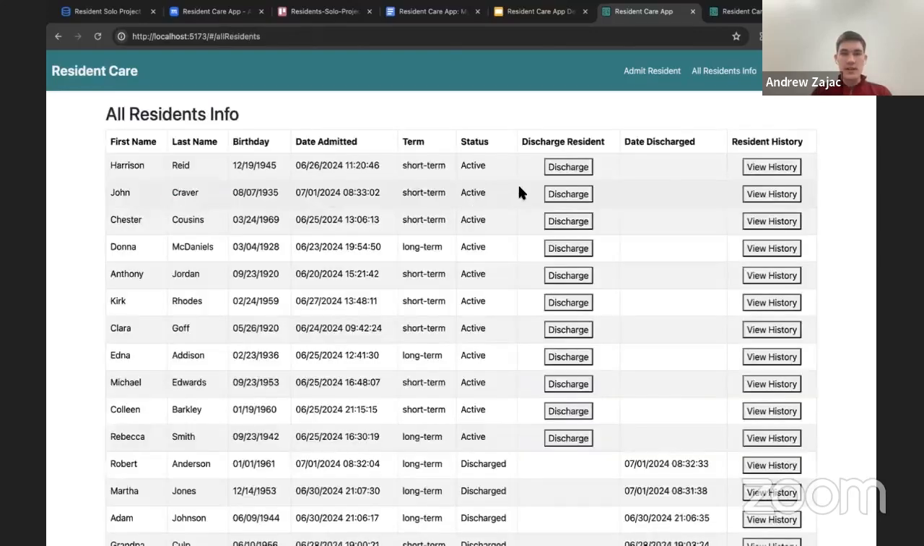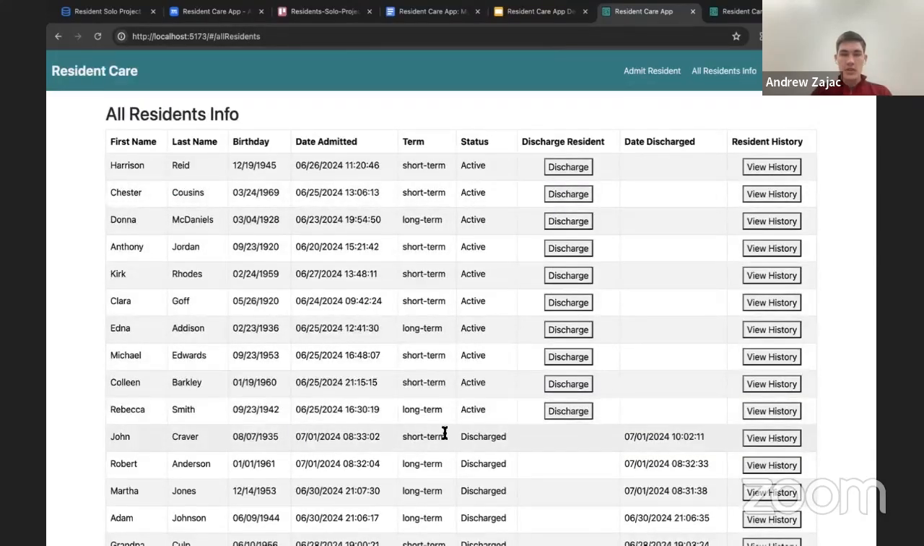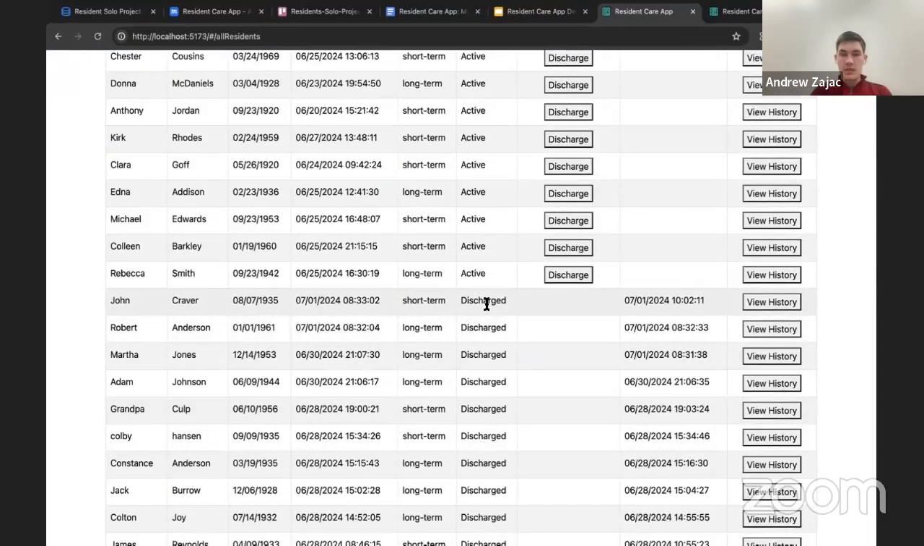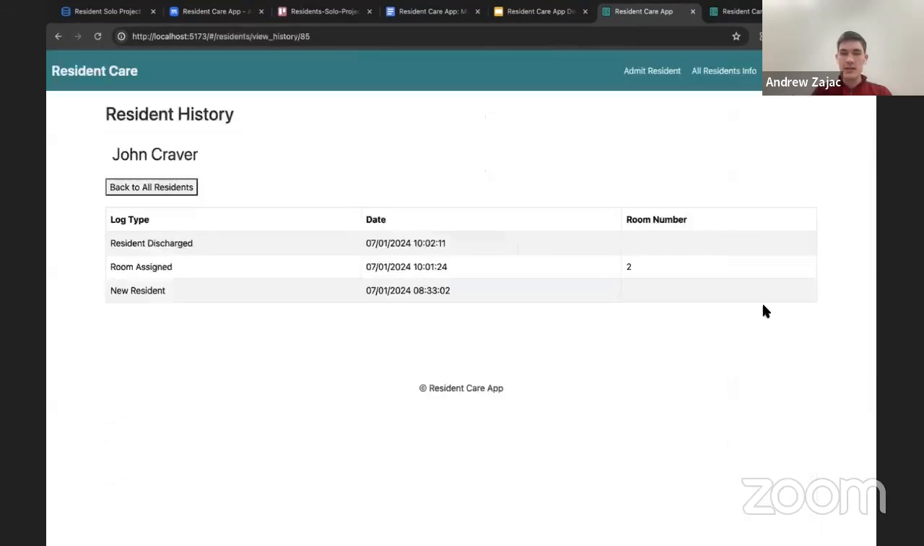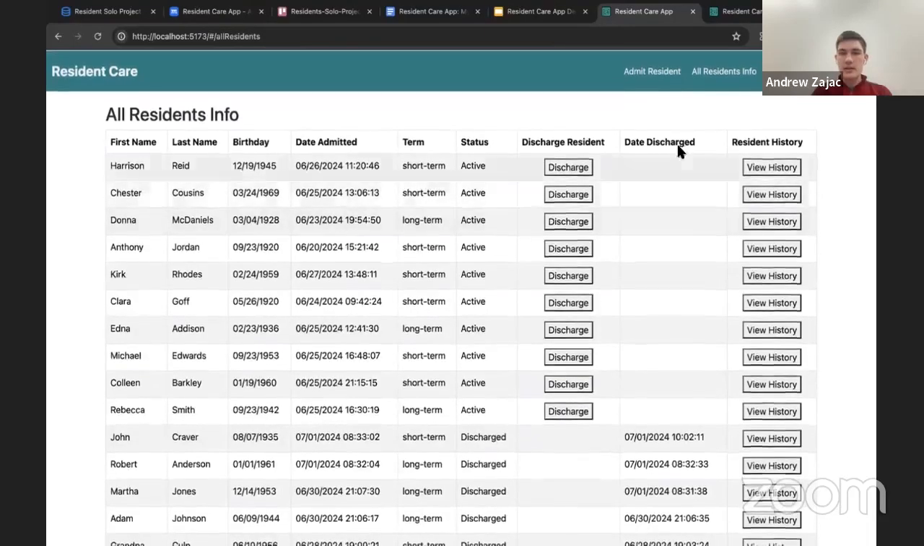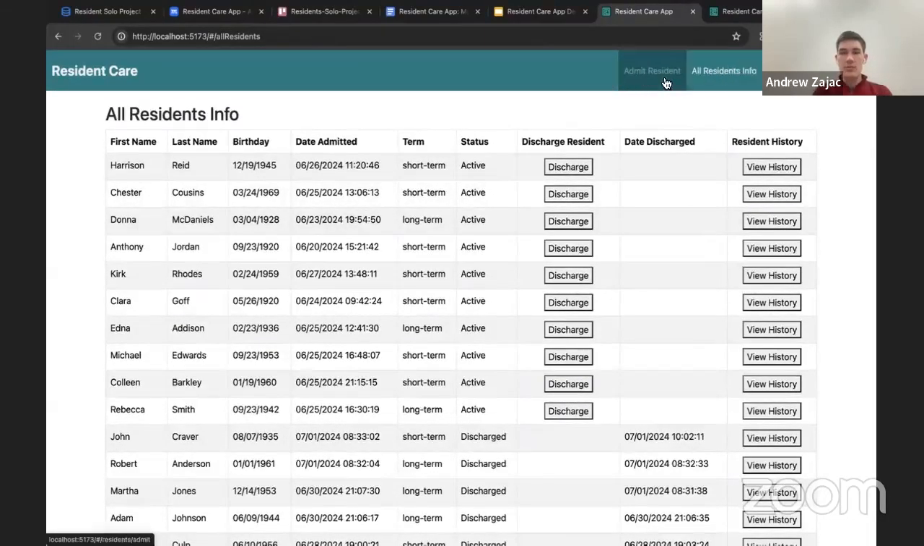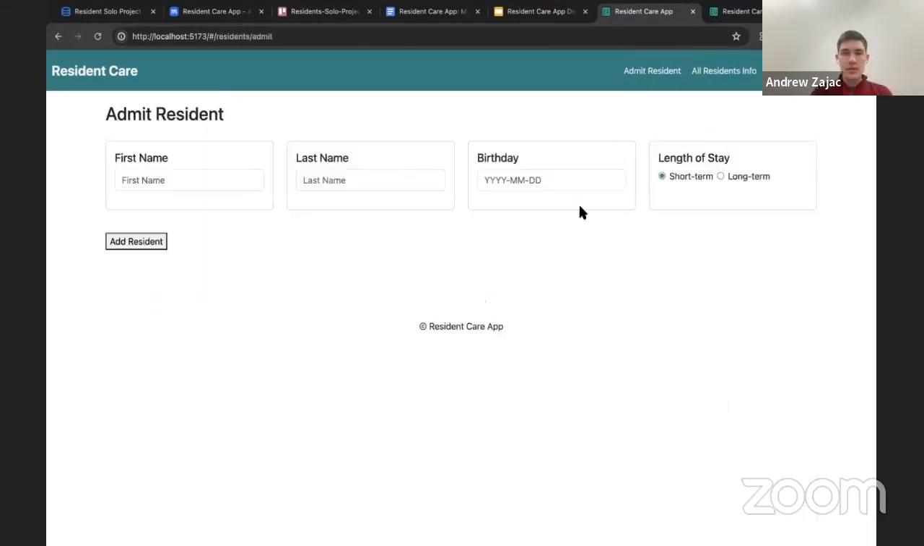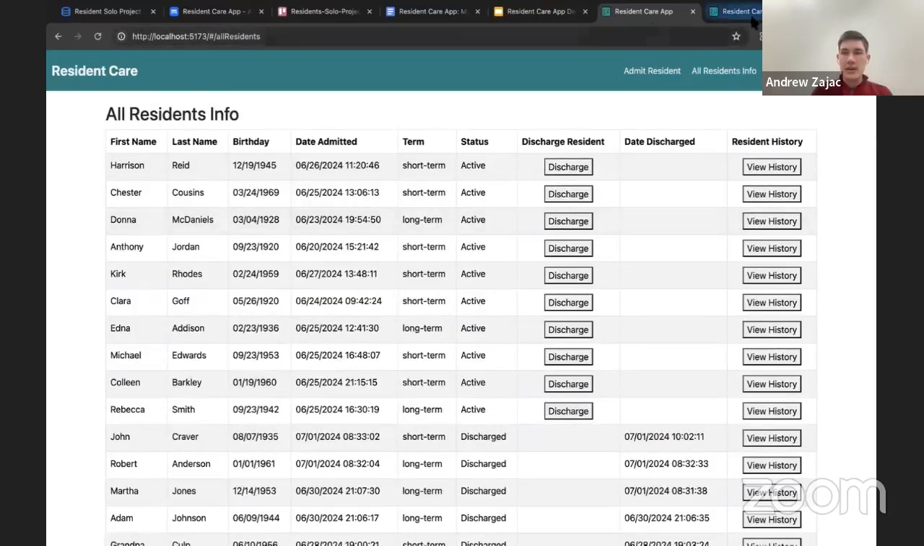So if I discharge him, discharged will be the status. And if I go to view history, resident discharged, and that would be the end of him. And now if I go back